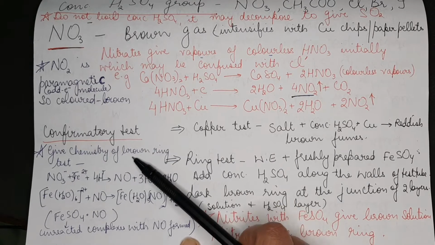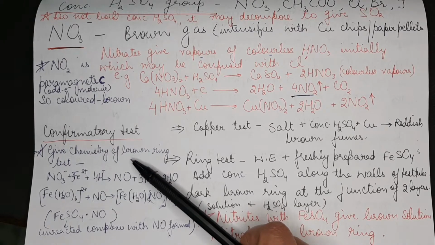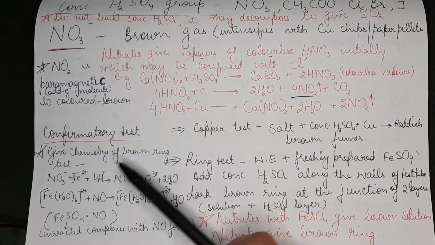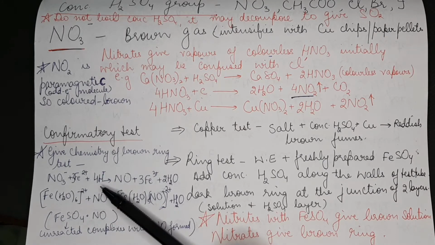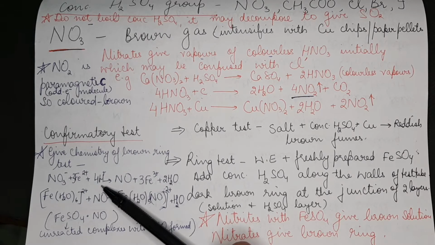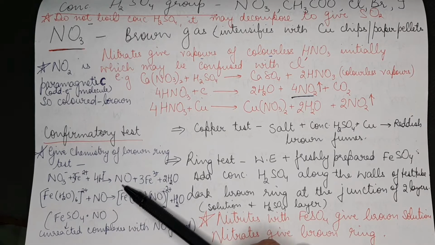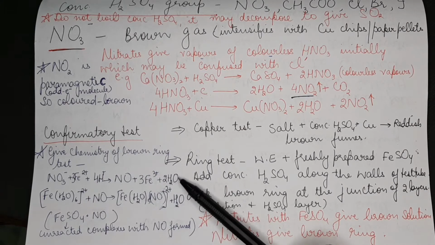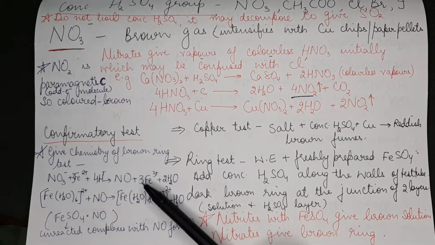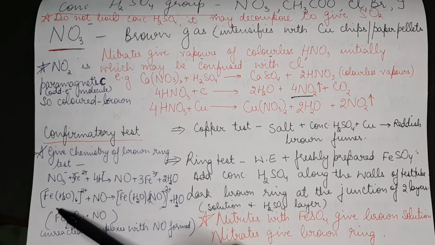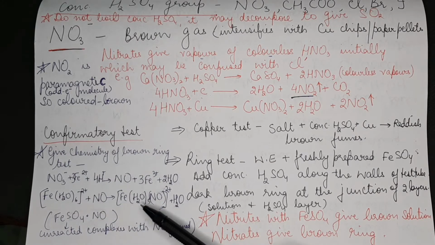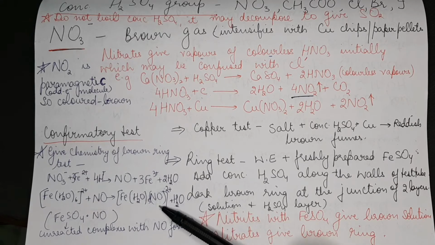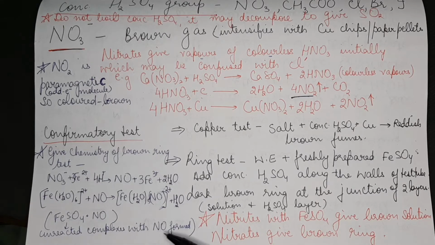Right, now the next important viva question is to give the chemistry of the brown ring test. You have done this chemistry in the P block chapter. This is nitrate from the salt, ferrous from ferrous sulfate, and H plus from the acid. All this leads to liberation of nitric oxide, which is also a paramagnetic gas, plus ferric ion plus water. And this unreacted ferrous plus the formed NO are going to form this complex which is brown in color.